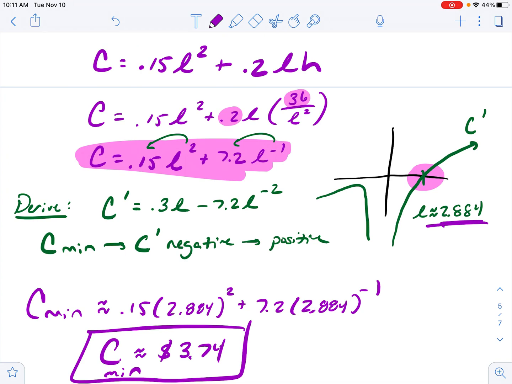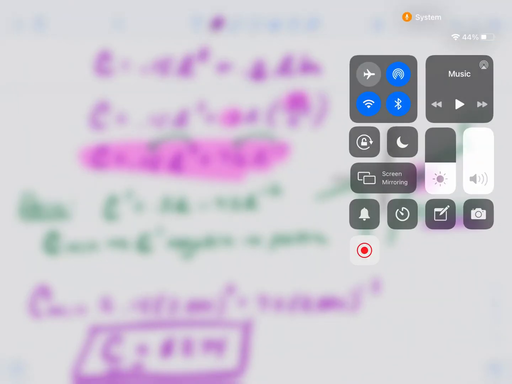All right, folks, but there you go. There's a lot of optimization. Take some time to digest it. Some problems, obviously, a little easier than others, but really a great application of calculus, okay? Reach out if you need help, and have a